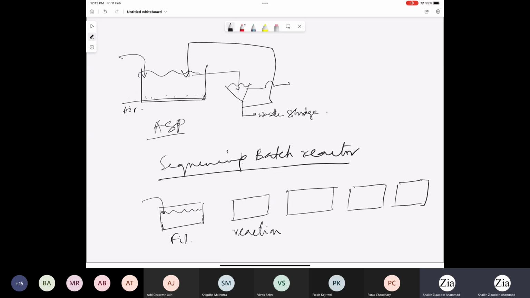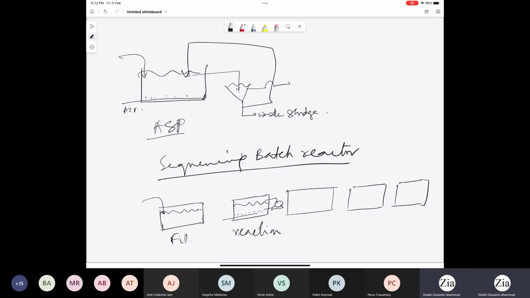So in the same reactor, I'm just talking about the stages of operation. You are dealing with a single reactor, but there are different reaction stages. Suppose you need to provide air, so you do aeration. If you need to mix the liquid with the help of external recirculation, then you can have recirculation by pump, and you do all your reaction in this stage. And after finishing the reaction, the third stage is called